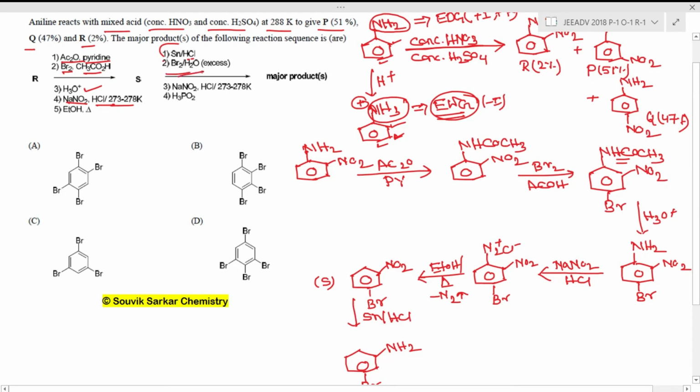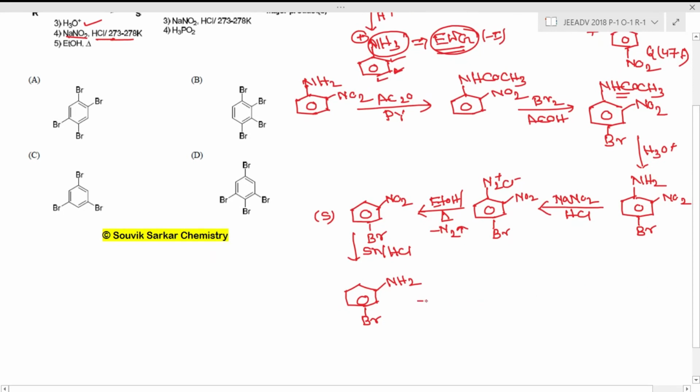The next step is bromine in excess. So when we are reacting this aniline with an excess amount of bromine, it will do bromination on all available positions. So our product will be: bromination here. This is our NH2 group. Okay, there is already one bromine. So it will do bromination in the ortho position, in the para position, and in the other ortho position.